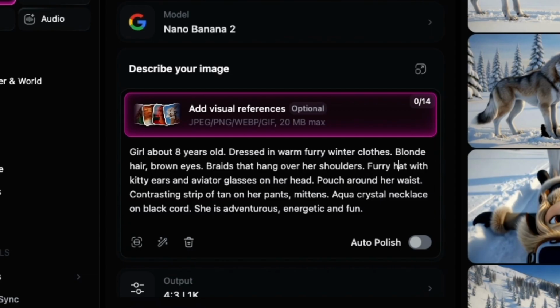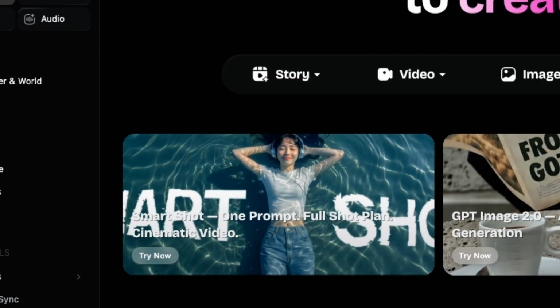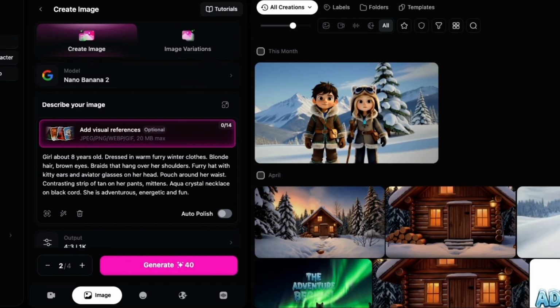Pouch around her waist, or you could say a belt with a pouch. You know, it depends on what your model looks like when you generate it. You can make changes afterwards, too. Contrasting strip of tan on her pants. Actually, that was a secondary request. Mittens, aqua crystal necklace on black cord. You could write around her neck as well, just to be clear, if you wanted. She's adventurous, energetic, and fun. Oops. Okay, we jumped out of that. Anyway, that gives you an idea of what a prompt